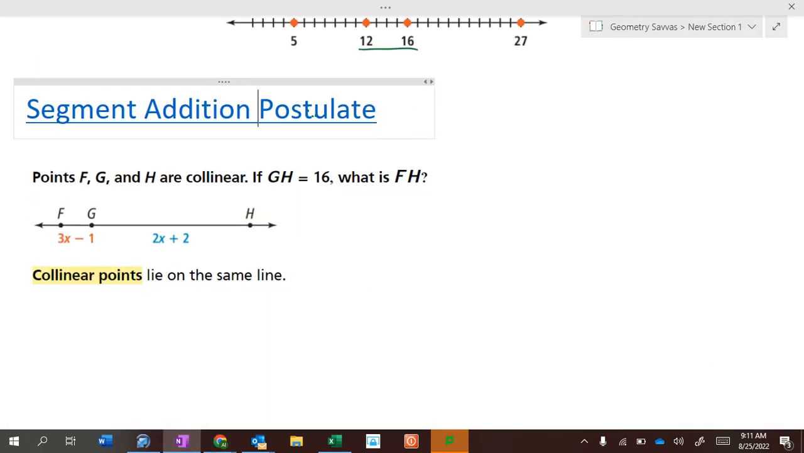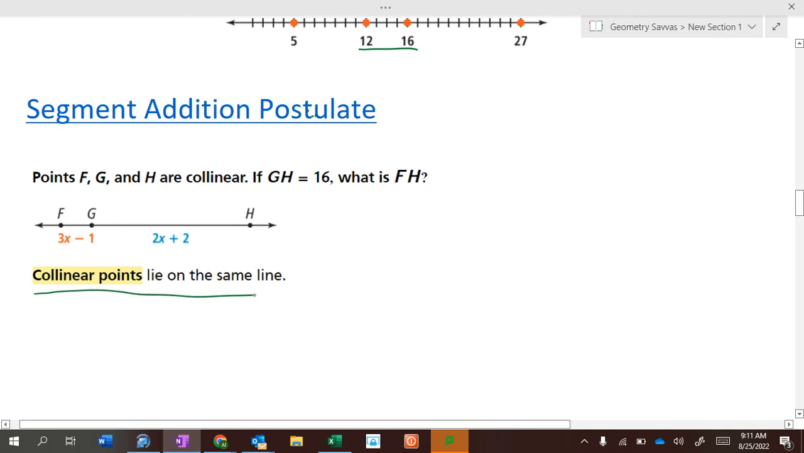Okay? So here we go. We'll talk about collinear points because collinear points are on the same line. Okay, so F, G, and H are all on the same line, so they're collinear. And if they're collinear, we can use the segment addition postulate. So collinear points lie on the same line. Now we're told that GH is 16. And I want to figure out what FH is. To figure out what FH is, I got to figure out